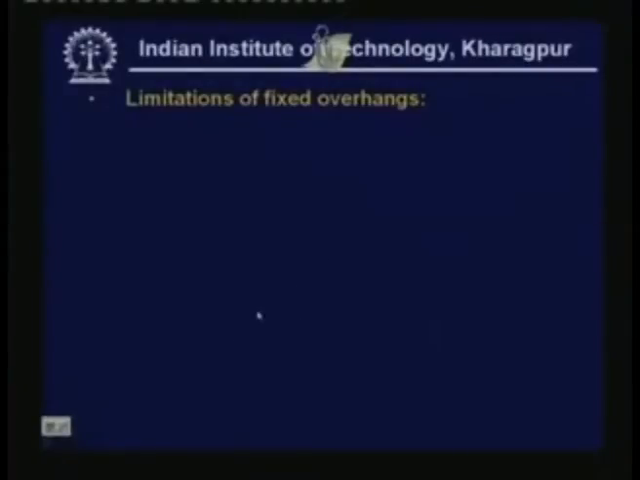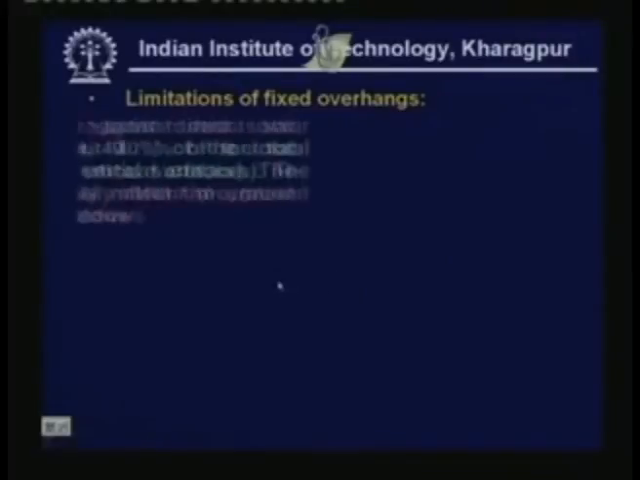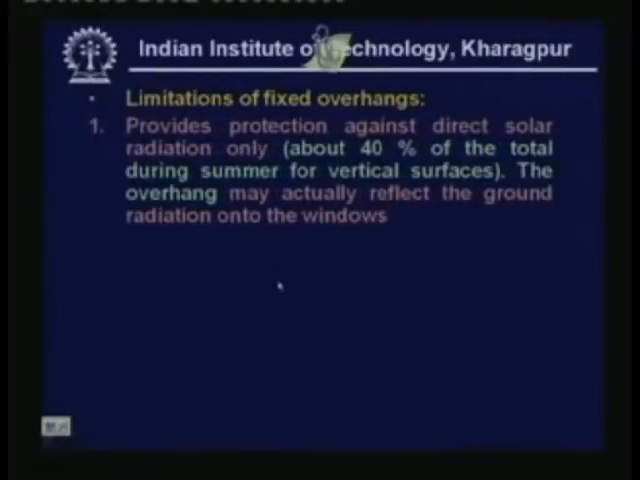Of course, there are certain limitations of fixed overhang. So far we have been discussing fixed overhang. They have certain limitations. What are the limitations? Any overhang provides protection against direct solar radiation only. It cannot provide any protection against diffuse or reflected radiation, and you find that because